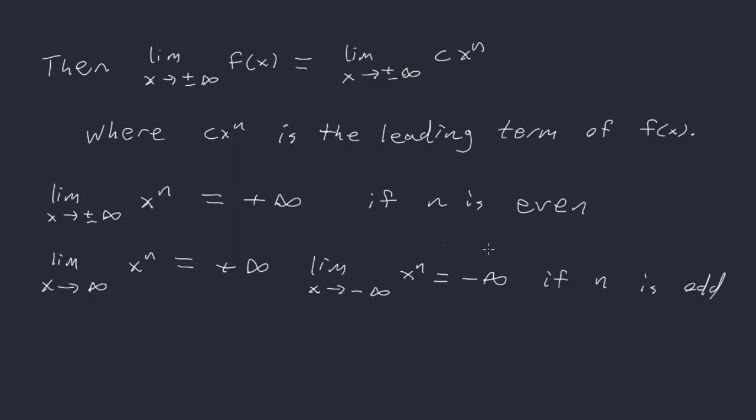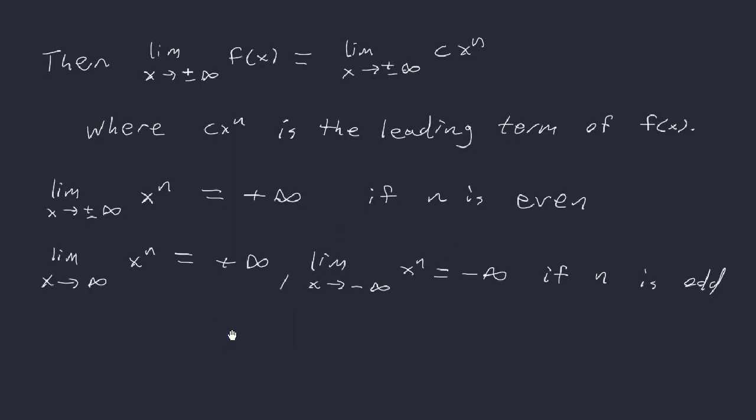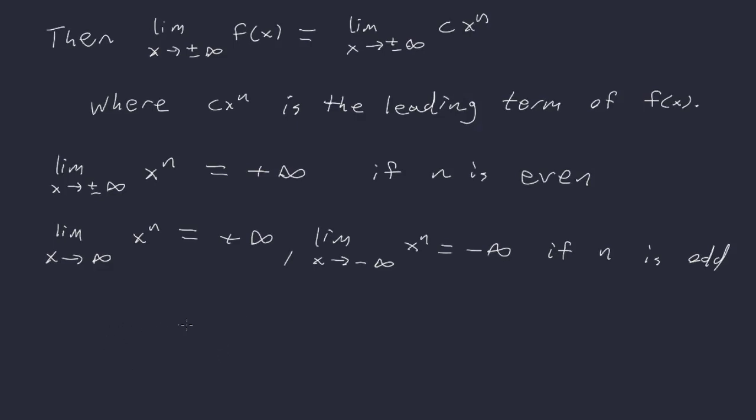So odd exponents preserve negatives, while even exponents get rid of negatives. Okay? And then if we have a negative coefficient, it will reverse these,